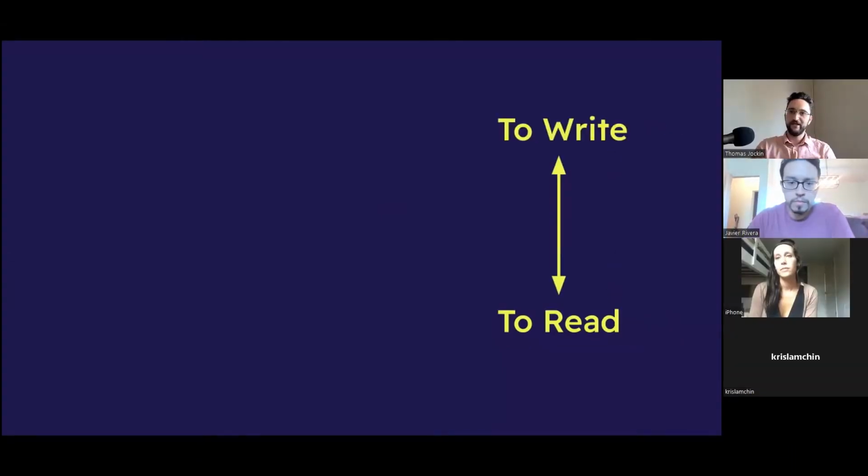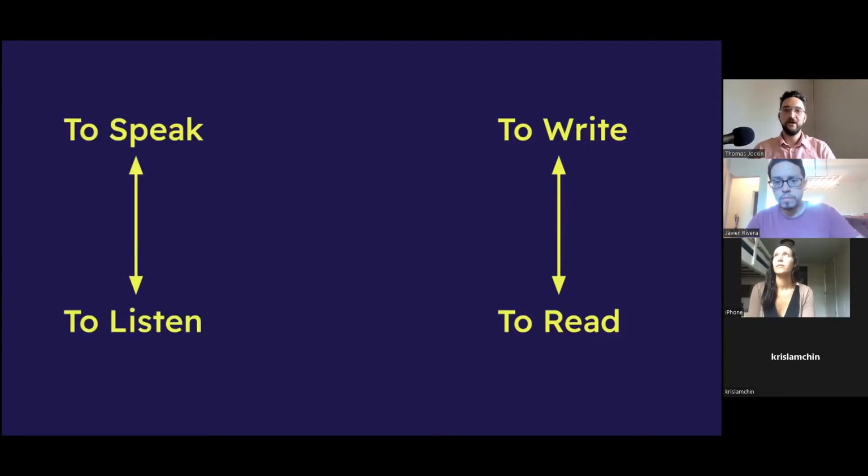So when we do reading, we have writing in correspondence with it. And actually both of those, from a historical development point of view, go backwards into listening and speaking. So generally when we say we're teaching people to read and write, we're also teaching them how to speak and listen. So reading, writing, speaking, and listening all correspond with each other.